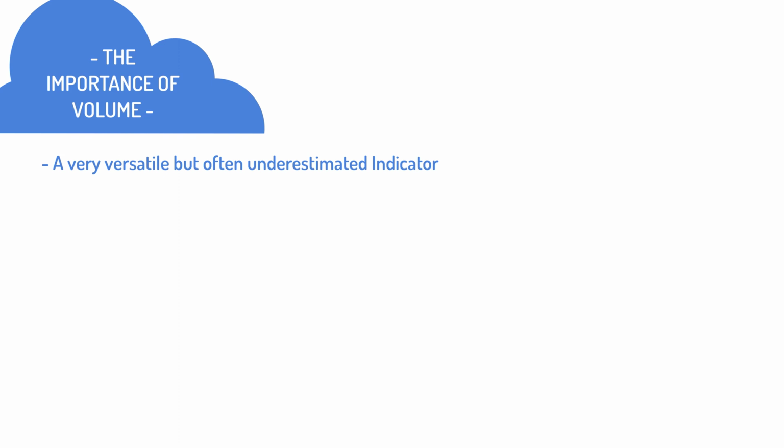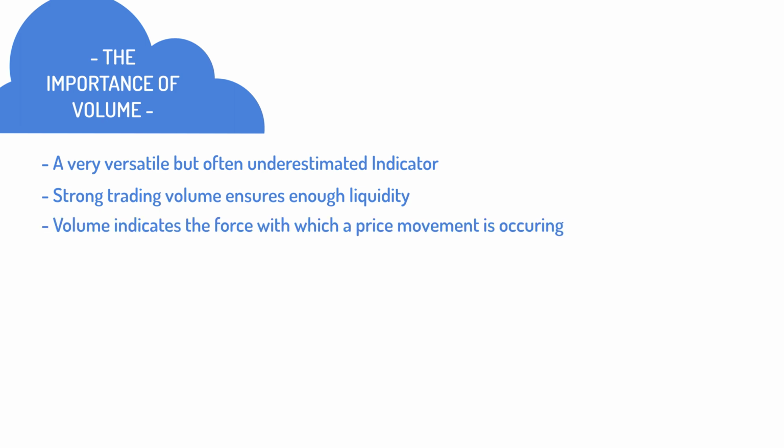So volume is a very versatile but still too often underestimated indicator. It is the indicator which is closest to the price, which makes the information far more accurate and reliable than for any other indicator. Strong trading volume ensures that there is sufficient liquidity so that stocks can be easily bought or sold. Volume indicates the force with which a movement is occurring. You can use it to visualize the strength of a trend or better estimate the chances of success of typical